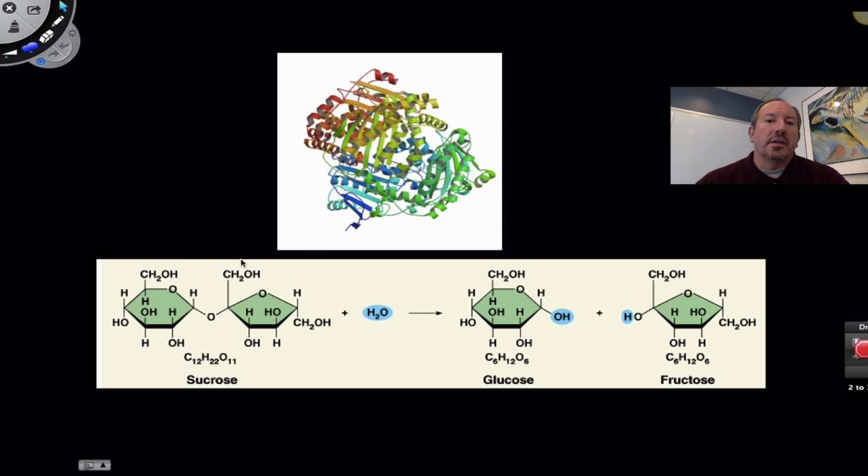So in other words, this right here is an enzyme, and I don't know if you have any background in enzymes, but when naming an enzyme, we like to take the name of the substrate, so sucrose, remove the ose at the end and add the suffix ase. When you put this together, it's sucrase. That's the name of this enzyme.